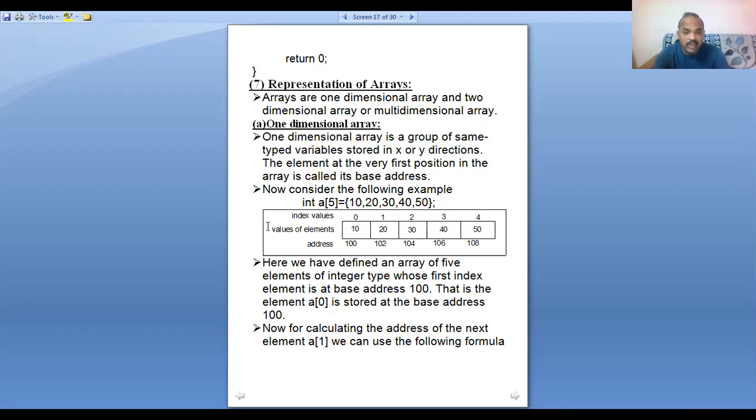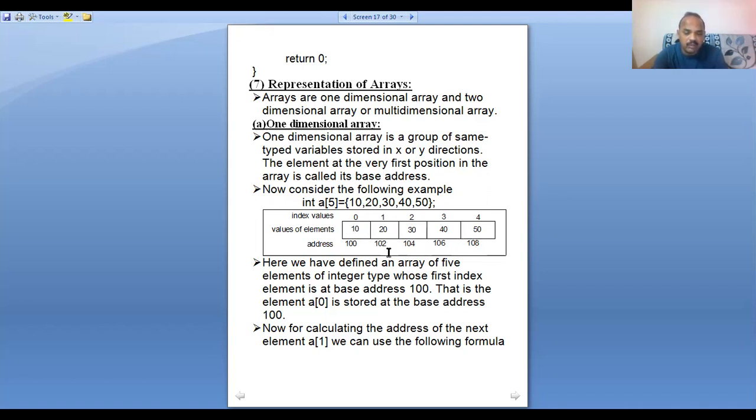If it is a float array, each memory block occupies 4 bytes of memory. For a character array, the address representation is 100, 101 for the next block, next block is 102, next block equal to 103, next block equal to 104.